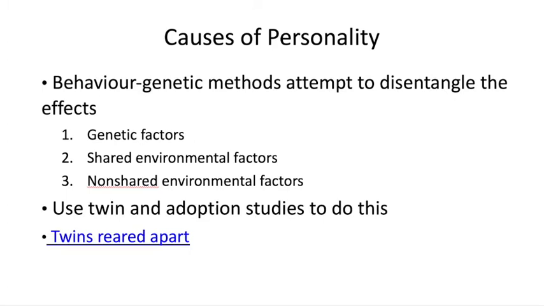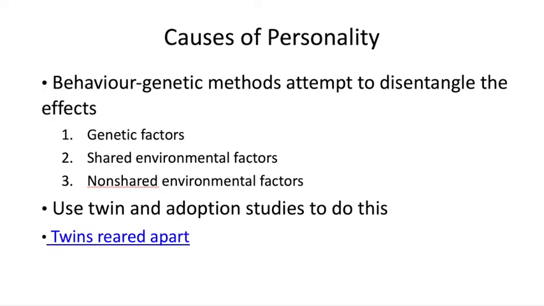So where do we get our personality from? The field of behavioral and genetic studies over the past few decades has given us a few insights about the relative contribution of three distinct factors in determining our personalities. The first factor we have to consider is, of course, genetics, or the genotype or genetic blueprint which we are born with. The second factor that we have to consider is the role of environment.